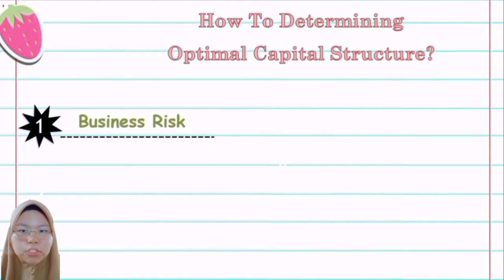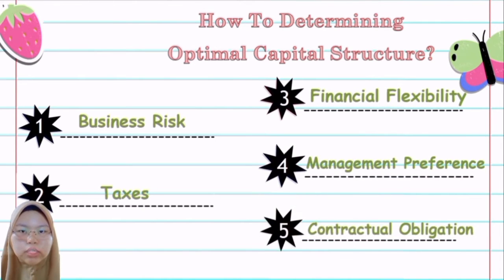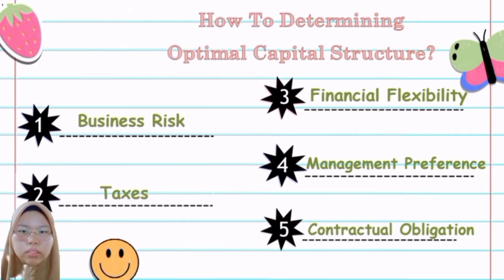There are 6 ways to determine optimal capital structure. First of all is business risk. As we know, company risk includes financial risk and business risk. The more the business grows, the more potential the business is exposed to financial risk. The next is taxes. Changes in tax implications play a key role in determining asset financing by companies,